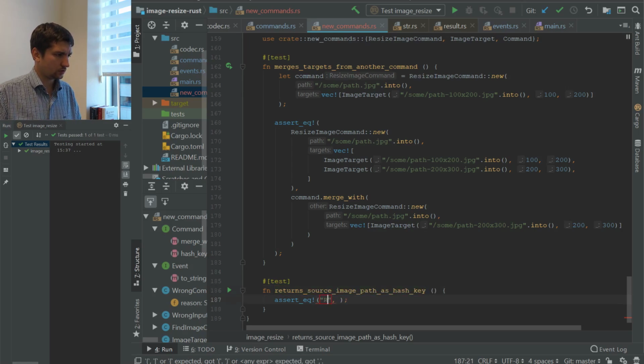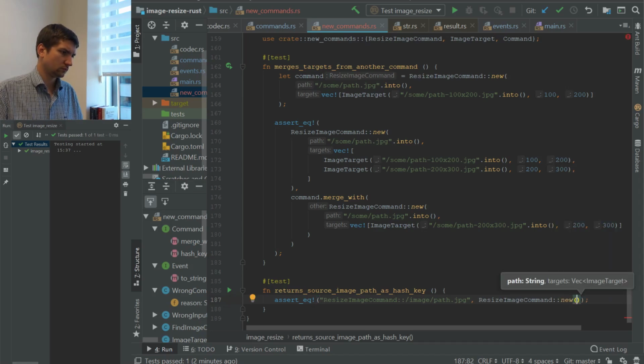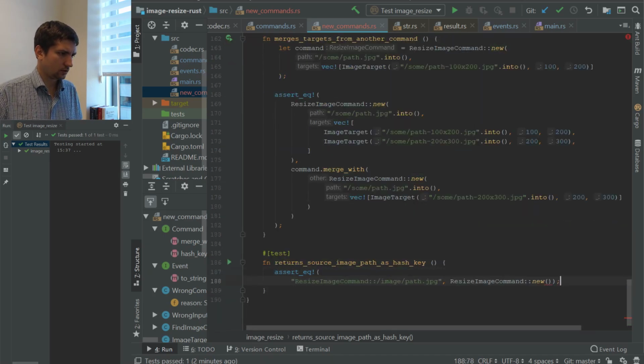Okay, here we're gonna tell that we assert that it's gonna equal to resize image command to underscores, and then image path.jpg, and now we're gonna create this resize image command new and here I'm gonna